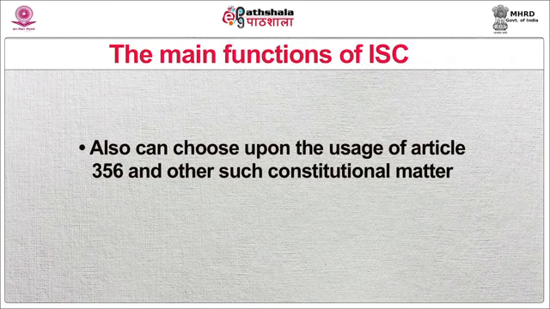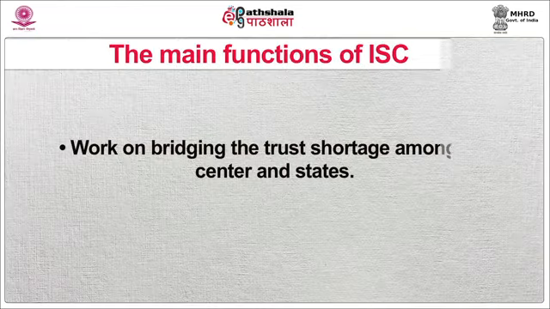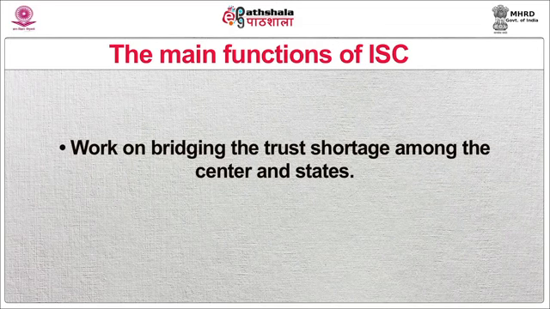ISC can issue a consent on the part of the governor, and can also decide upon the usage of Article 356 and other such constitutional matters. Other objections of states, like the flowing of items from the state list to the concurrent list, can be expressed. Work on bridging the trust shortage amongst the center and states. Make decisions on deciding